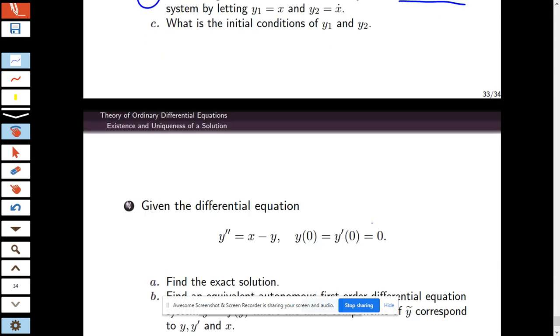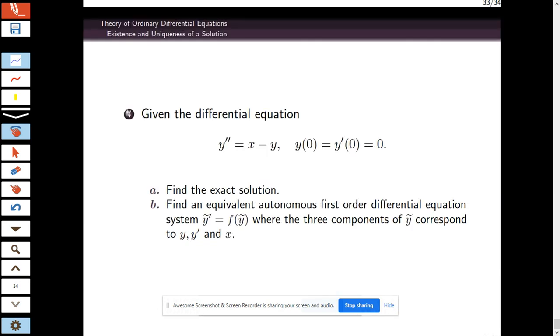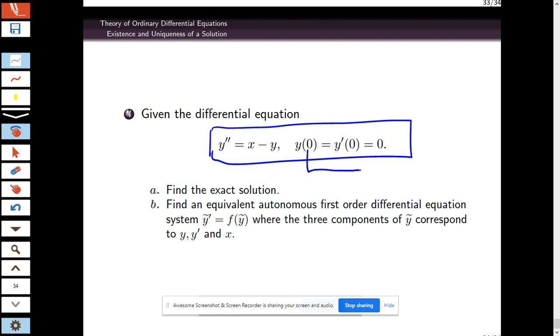Oh, that's another one. Okay, given the differential equation. Okay, this is the differential equation. Same thing. Okay, class, is this boundary condition or initial condition? Initial condition. Yes, look at here. Tak berubah x dia. So initial condition. Okay, find the exact solution. You should be able to find the exact solution for this. Find an equivalent autonomous first order. Tukar balik. Transform